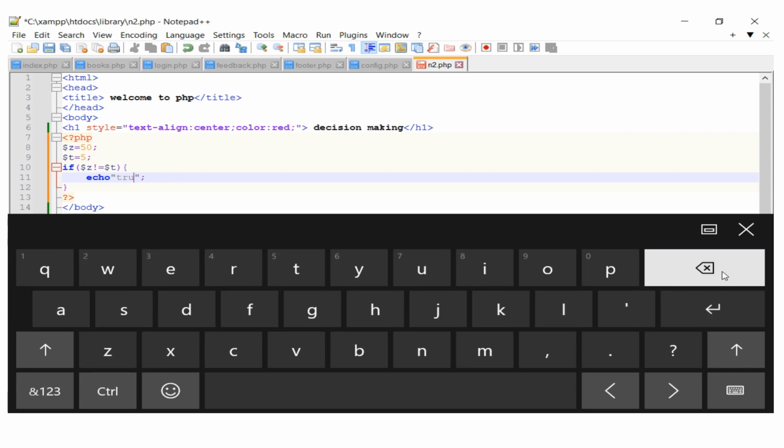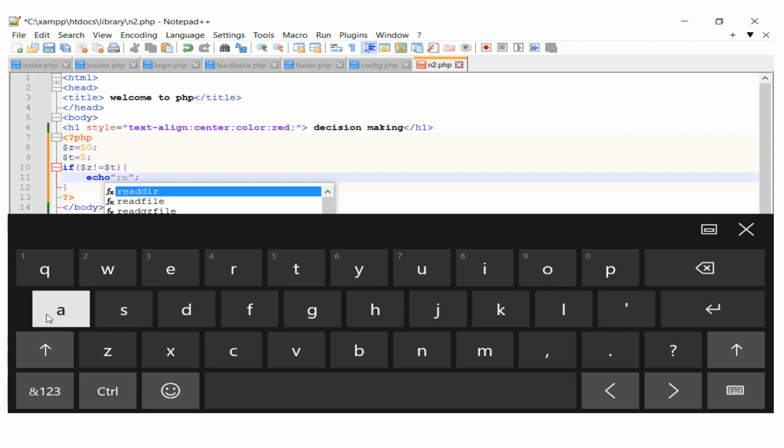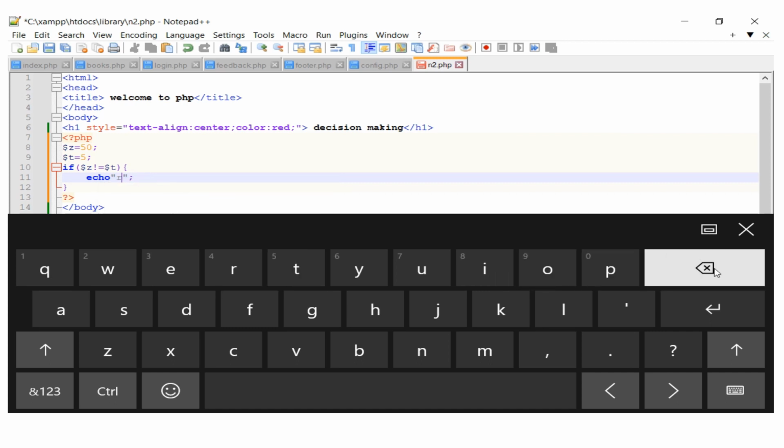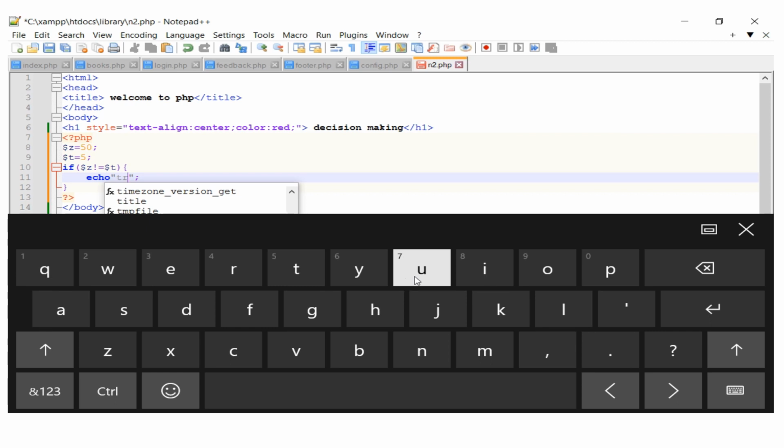Maybe I can just say "true result", because if I just say true I can confuse you with the Boolean variable data type. So in this case, if we try to save it and